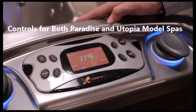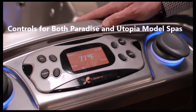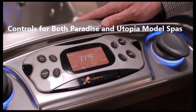That should cover any of the questions that you might have about the Caldera Utopia series controls. And for anything else,